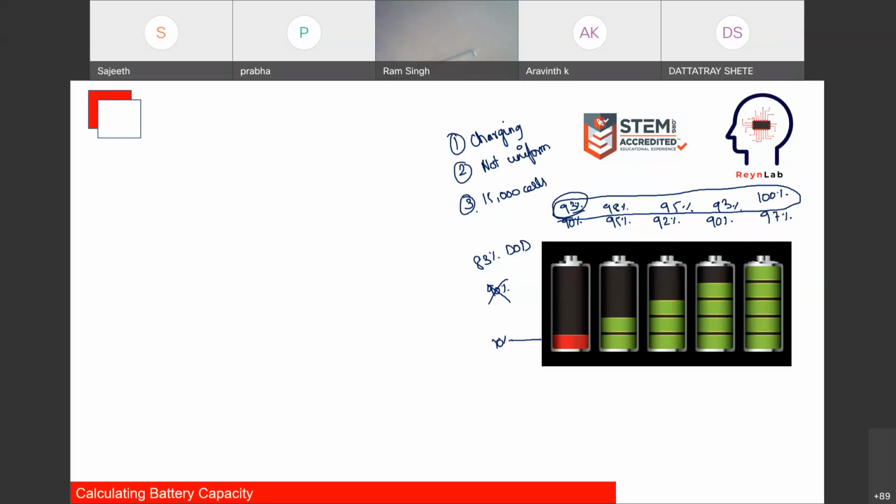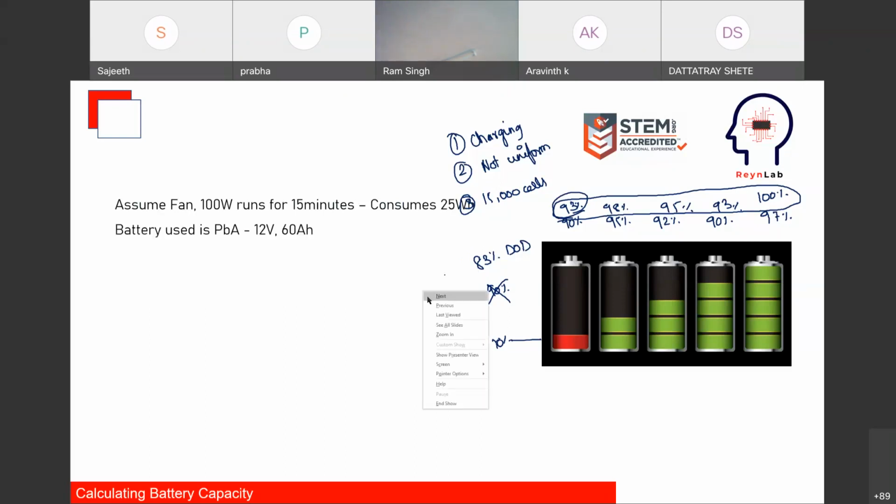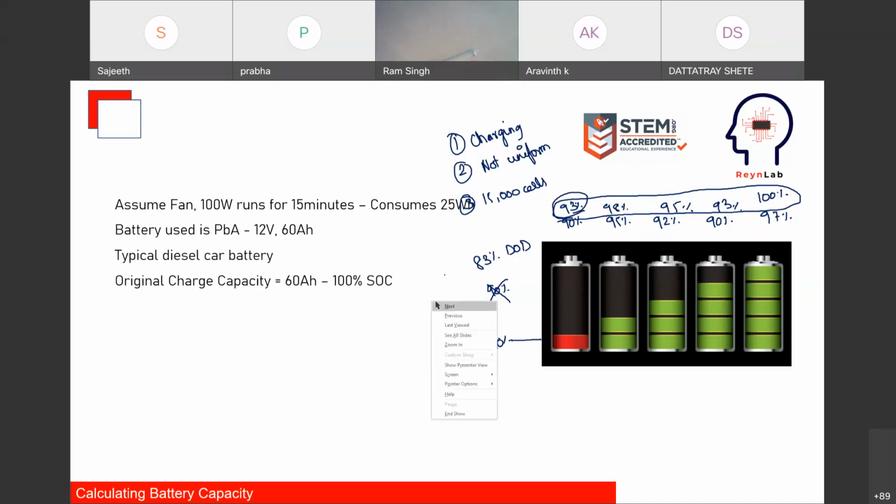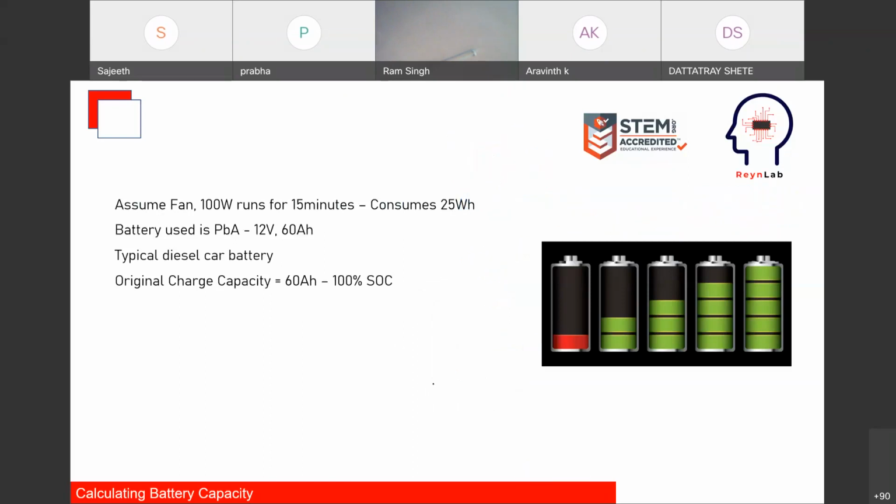We are measuring the capacities, and we are also going to be calculating how well this works and how we are going to work with this, right? So I'm just trying to calculate what could possibly be the charge at the end of our cycle. So assuming that we are running the vehicle with a lead acid battery, 12 volt, 60 ampere hour battery, we would say that 60 ampere hour is 100% capacity.